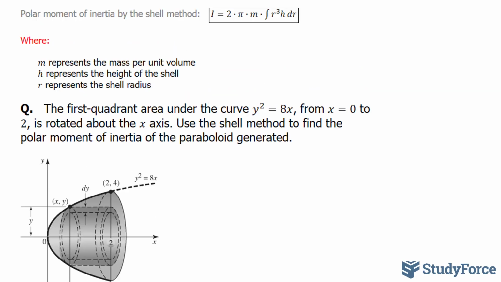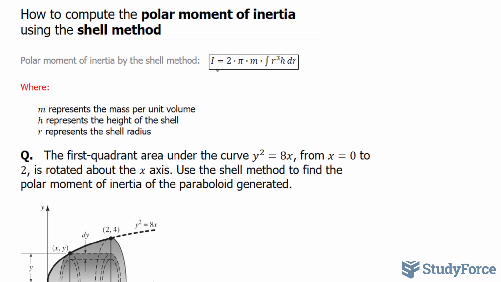Let's start this question by discussing the formula. We have inertia is equal to 2 times pi times m, where m represents the mass per unit volume. It's unknown in this question, so we'll just leave it as m throughout the calculation, times the integral of r to the power of 3, where r represents the shell radius, times h, which represents the height of the shell,